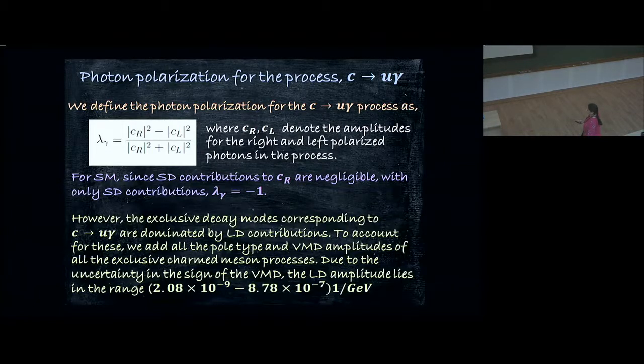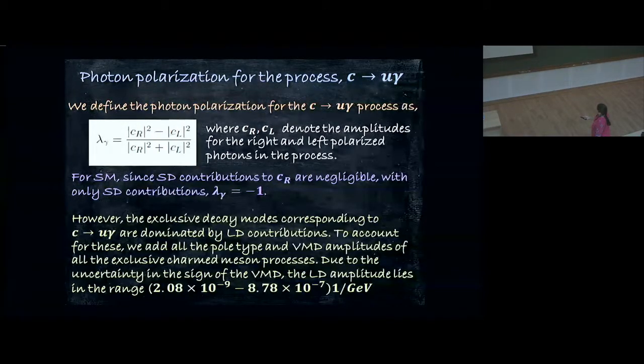Basically, one has to remember these long-distance effects are just coming from QCD corrections, but non-perturbative QCD corrections. The photons coming from there will be equally left and right. So that is the main message here. Long distances are large, but because they contribute equally to the left and right polarized photons, the short-distance effect, if it is introducing some polarization, survives in the presence of these long-distance effects. Although there are interference effects, so it's not as simple as that, that's the basic picture.